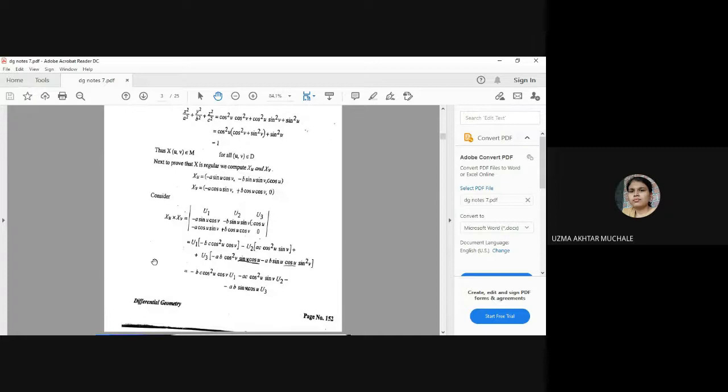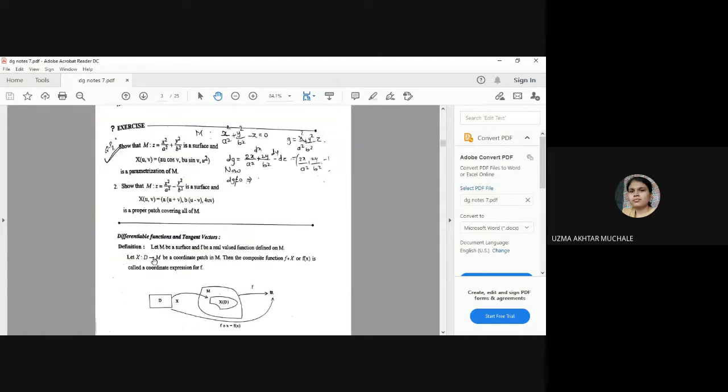After that we have seen how to find out whether the given object is a surface or not. For that you have to simply check whether dg is equal to 0 or not equal to 0. First check dg is equal to 0. At which point dg is equal to 0, you have to find out whether that point is in the surface M or not. If you are getting 0, 0, 0, put that point 0, 0, 0 in the equation of the surface, and if it's satisfied then you can say that at this point this equation is not a surface, and so we can generalize the concept that the given geometric object is not a surface.